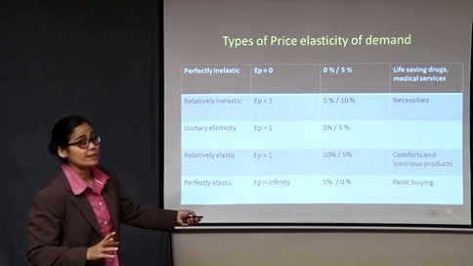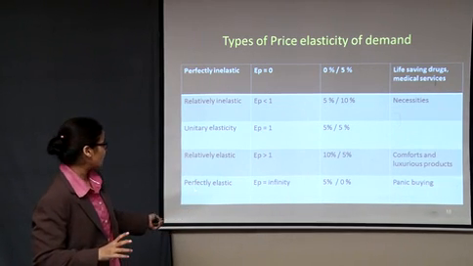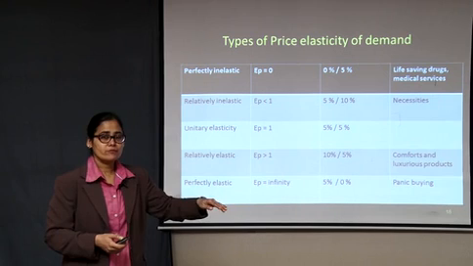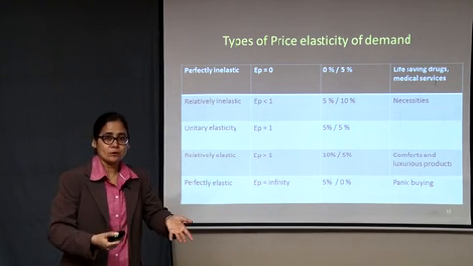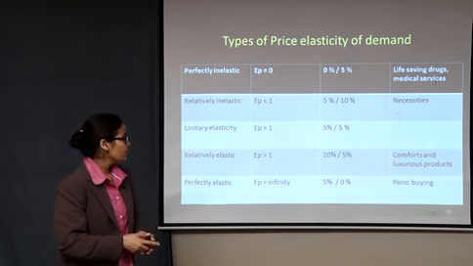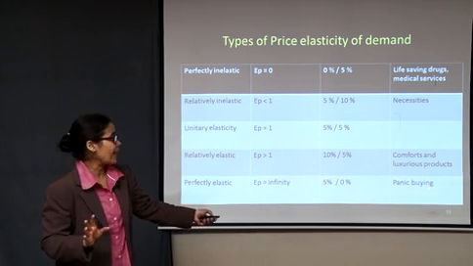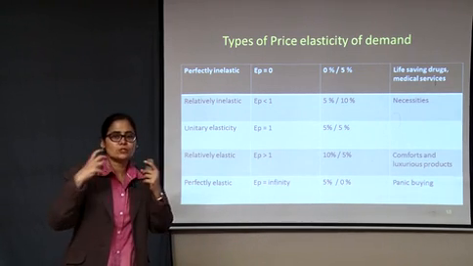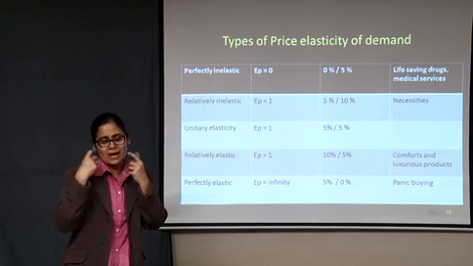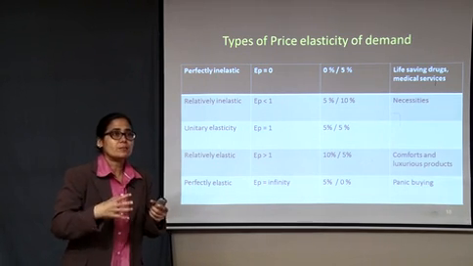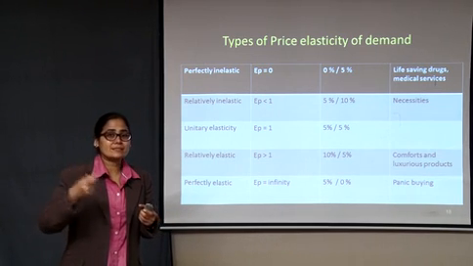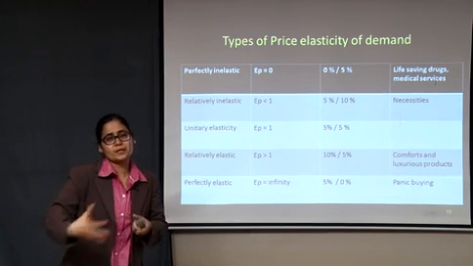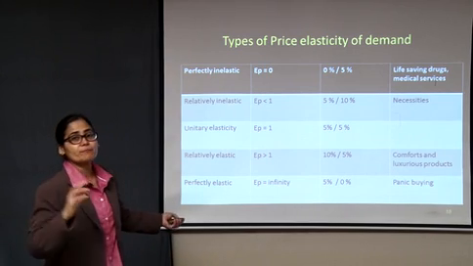Look at the last one, panic buying. When I was explaining perfectly elastic demand, I said that the demand curve is horizontal, which means people will go on buying, or there will be unlimited demand in the market. We put it under a very extreme case, panic buying. Panic buying is like when there is swine flu, so everybody will go and start buying face masks to protect themselves. Or there is some type of epidemic and there is a vaccine which people have to take, so there will be a big queue outside the hospitals and dispensaries. That is an example of perfectly elastic demand.